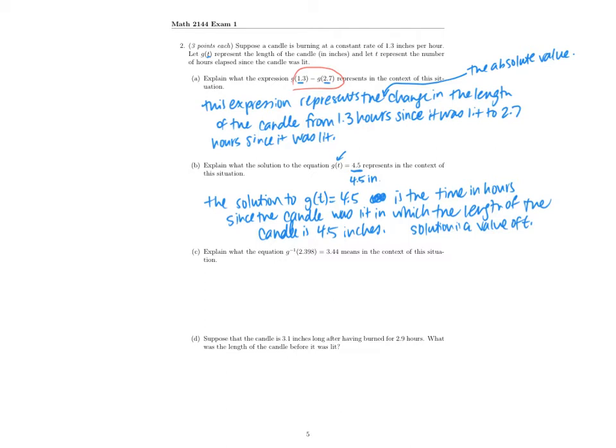Okay, explain what this equation means: G inverse of 2.398 equals 3.44. So we need to think about the inverse function. So the function G takes a number of hours and outputs the length of the candle. But the inverse function is going to do the opposite. So it's going to input the length of the candle, and the output will be the amount of time in hours. So this input here to the inverse function is a length